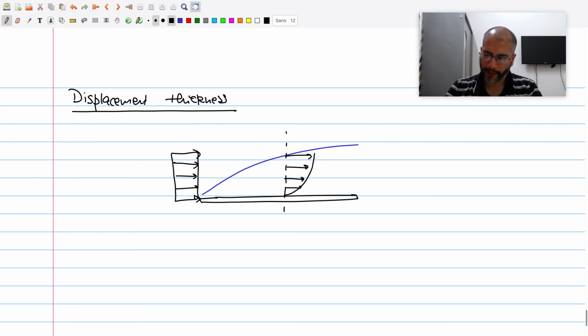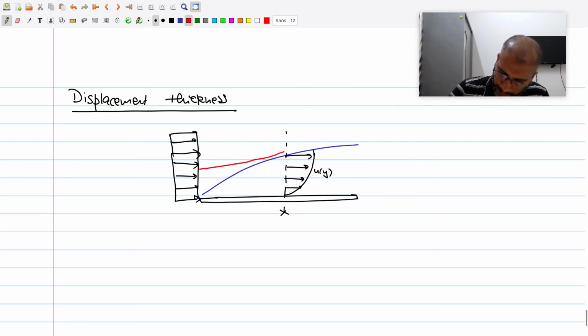Okay, so on the left hand side we have a uniform flow profile, that is the incoming flow, and on the right hand side I have shown, for some x value, the variation of velocity as a function of y at a given x value. Now, as we discussed earlier, if I was to draw a streamline, I'm exaggerating a bit, but it will be something like this. This is the streamline, slightly tilted to the top as we go from left to right.